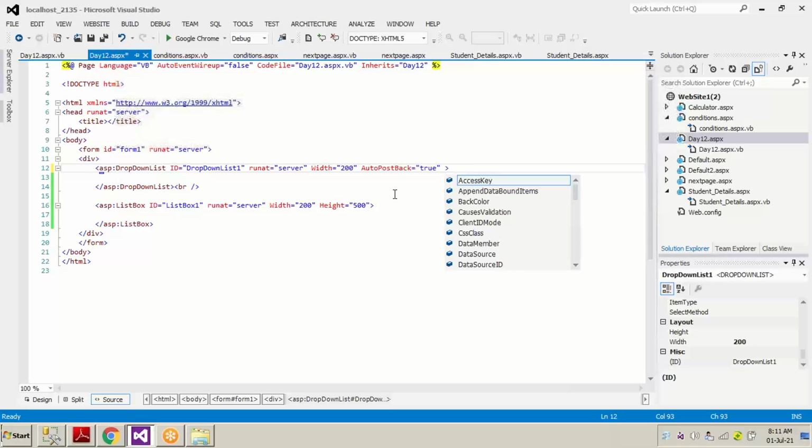It's going to send a request to the server and get a response from the server, and that particular data is going to appear on our drop down list. To write some eventing code on drop down list box 1, we have to add this property inside our drop down list: AutoPostBack equals true.